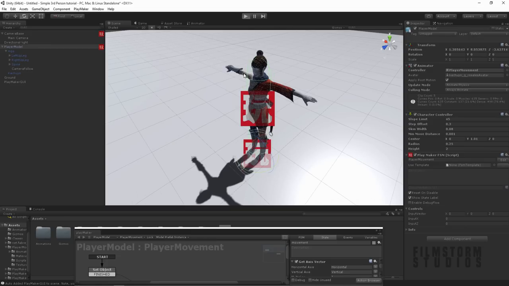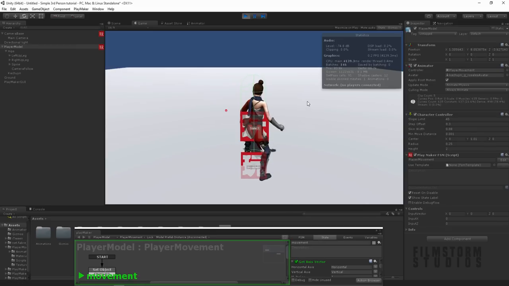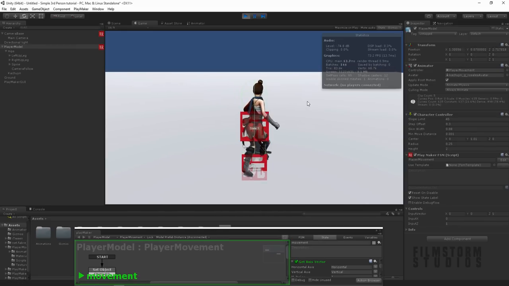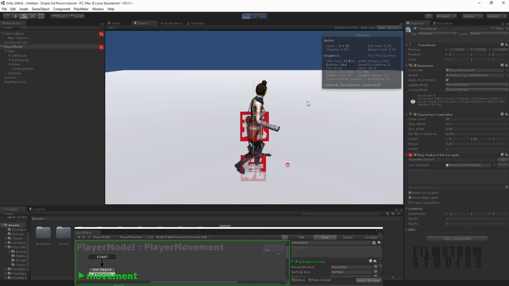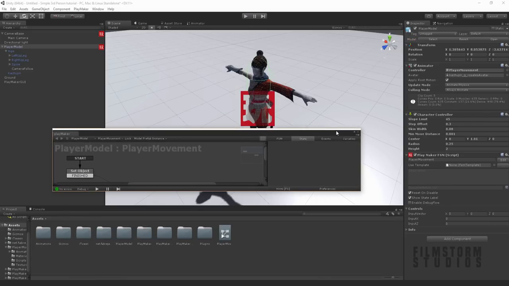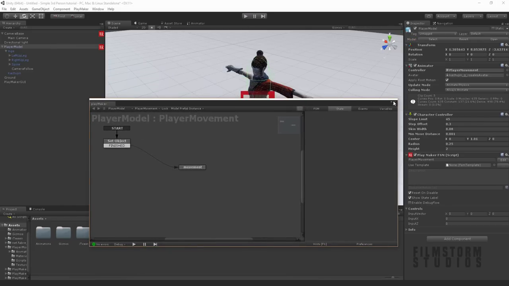So it's going to take a second to compile. And look, I'm pushing forward on the keyboard. We're moving forward, back, left, and right. Alrighty, that's really cool. Now, I can show you how to quickly create a simple camera system.